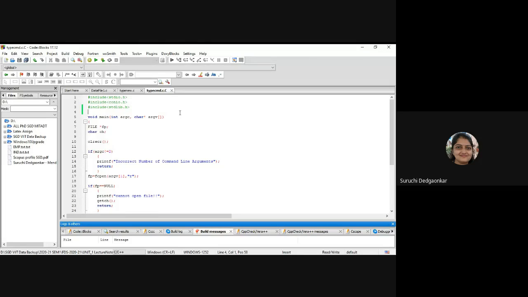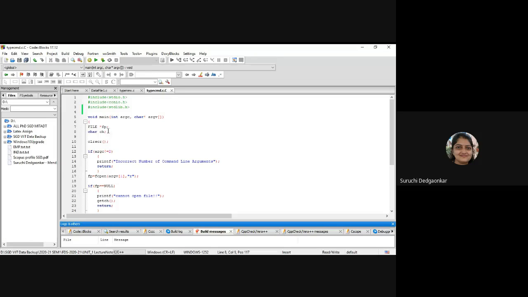So if I want that at runtime my file should be, I will give the file name. जो मुझे read करना है वो file name मैं program में नहीं दूंगी. Okay, it will not be static. At runtime I will decide which file to be, which file contents I want. Okay, that's why I have used here the command line arguments.